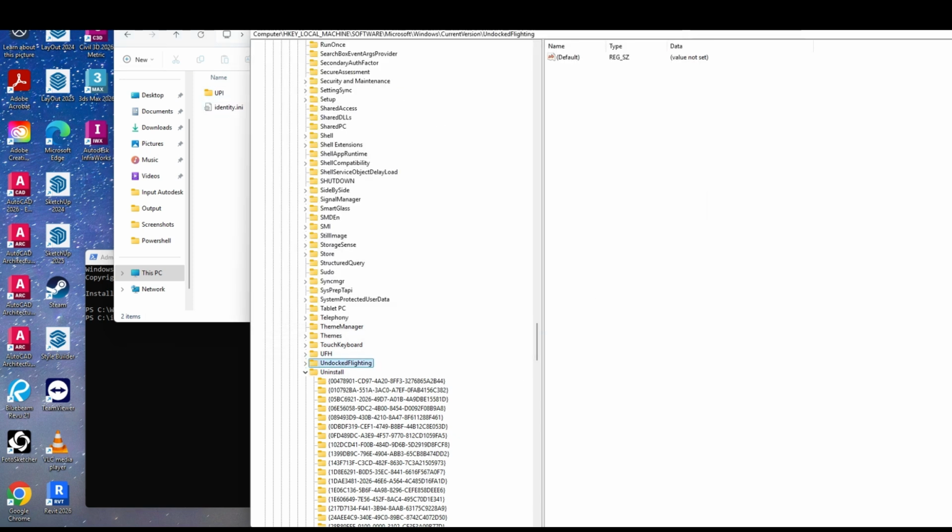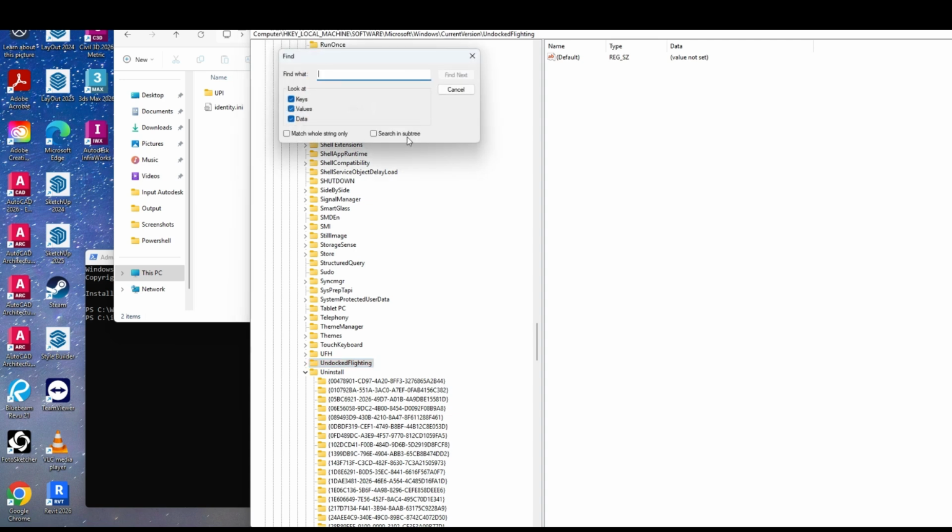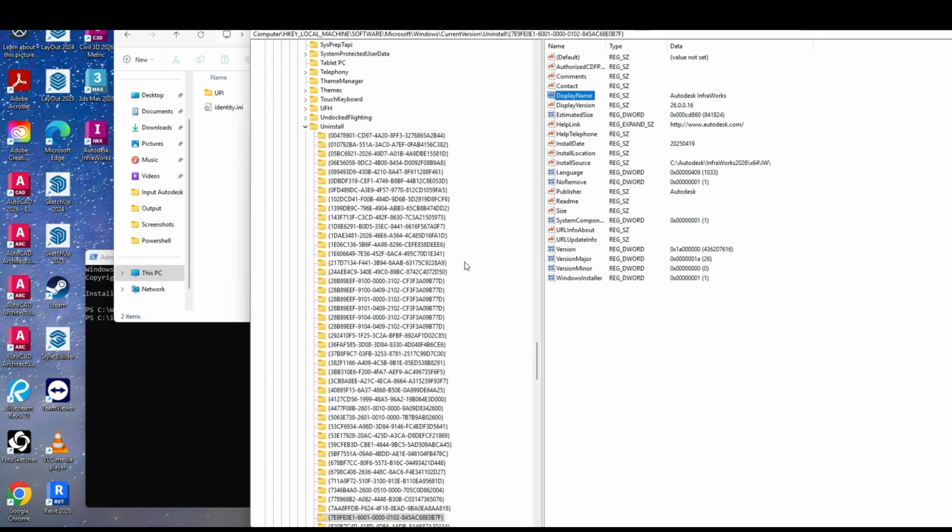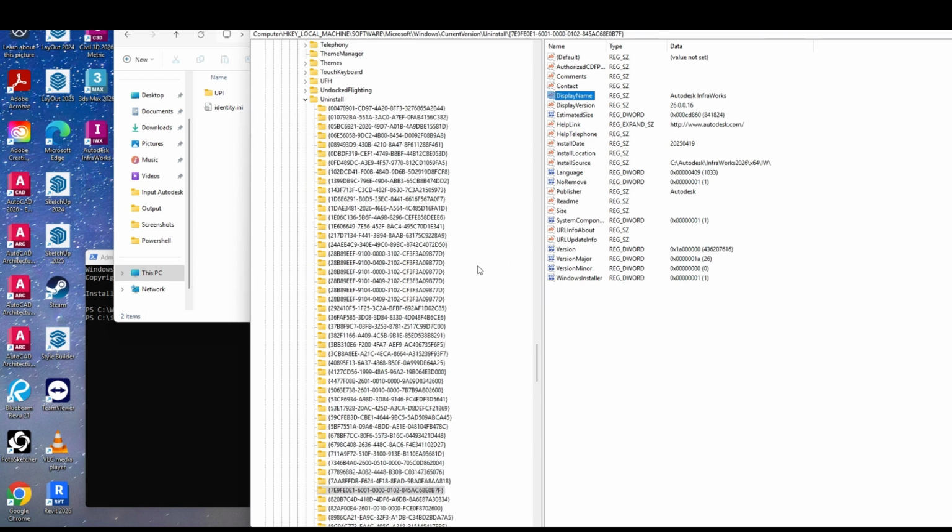But we'll check the registry key too. So we'll find. So you can see it start to show up in places. There's the main key right there. So we know that it's loading up. You can see it starting to fill out